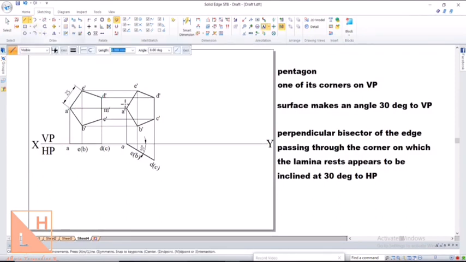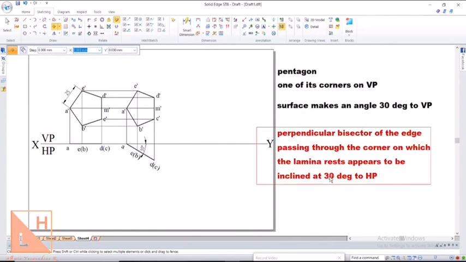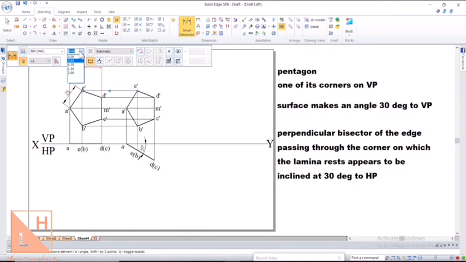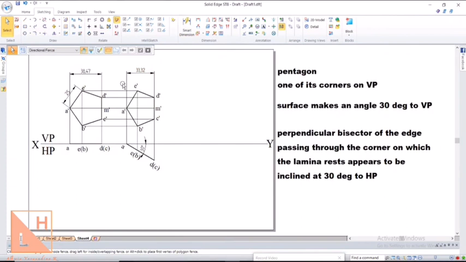Since it is in front view, we'll name it M dash, and the same point will appear here as well, which is nothing but M dash. So now before going to the third position, it is important to check whether we get the beta angle or not. That will be done by checking the length of that particular element with respect to what the angle is given with respect to. Here the angle is given with respect to the bisector passing through the resting corner, that is nothing but A dash M dash. We'll check the length of A dash M dash in the first and in the second position. In the first position it is 38.47 and in the second position it is 33.32.